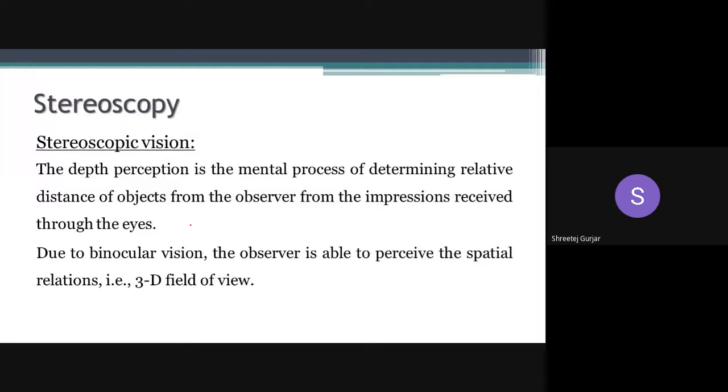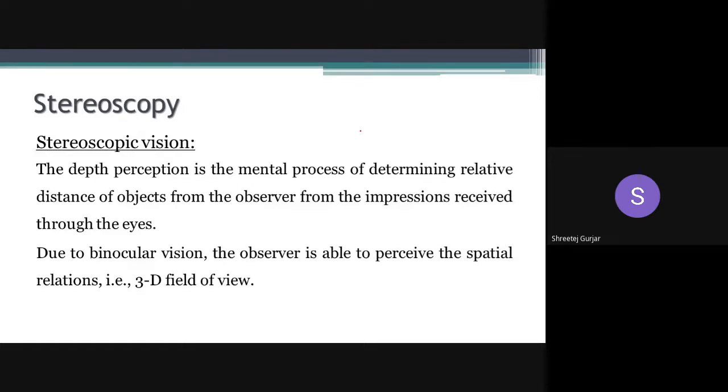Moving on, very interesting concept. The next concept is stereoscopy. Stereoscopy, very important. This is also theory. Only the theory part is included here. No numericals regarding stereoscopy and parallax. So the last topic in aerial photogrammetry is stereoscopy and parallax. First we will learn regarding stereoscopy and then move on to parallax.